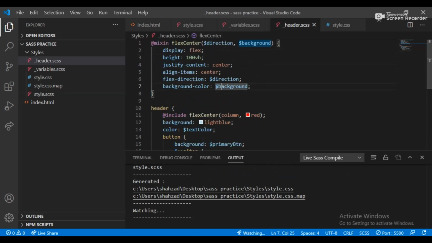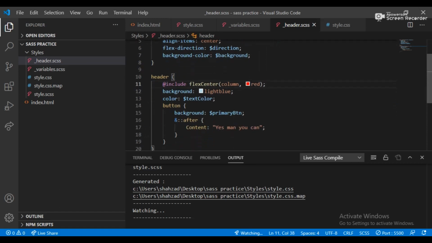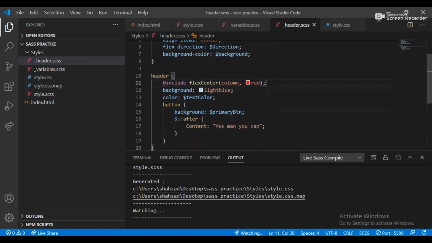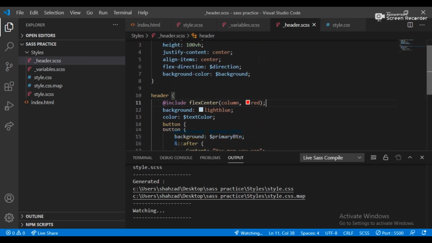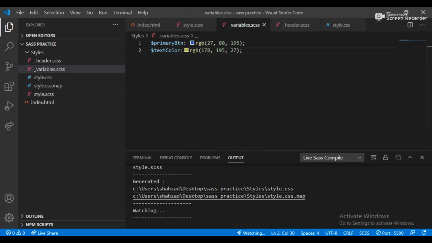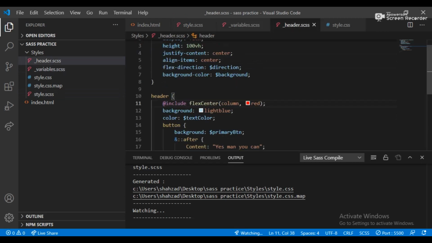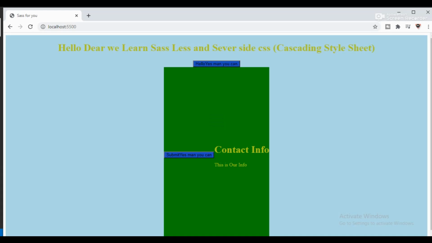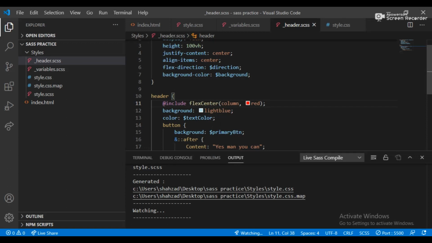Background, and it's a red color in a header and green color in a column, in a row green color, column has a red color. So what is the result that appears on my website? So what should we do? Yes, here we are defining the contact, and here we are defining the colors, but let's see if it works or not. Now you can see it works, and our column is green and the background is red.